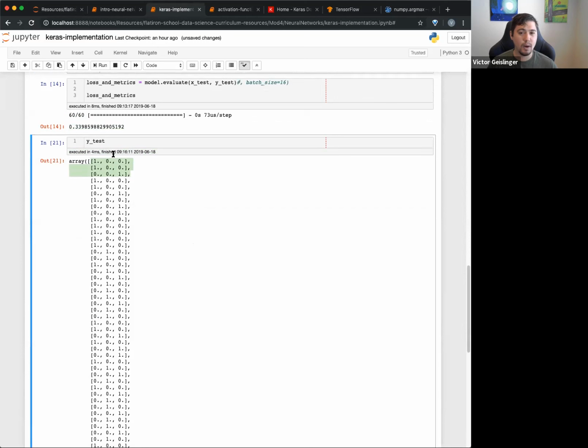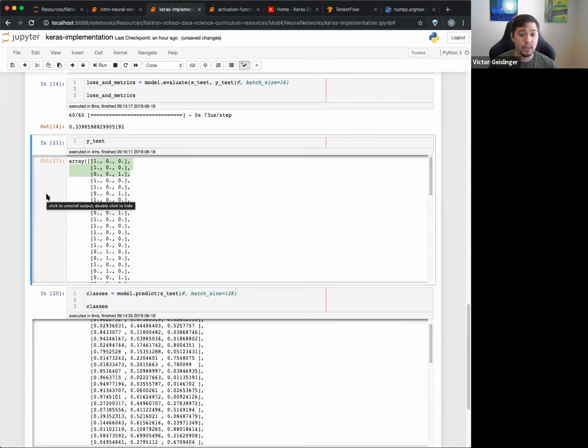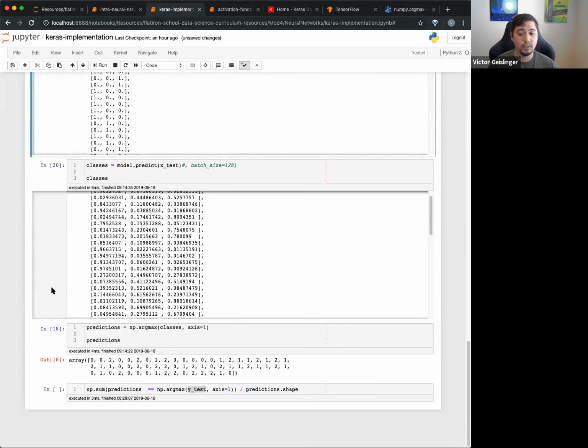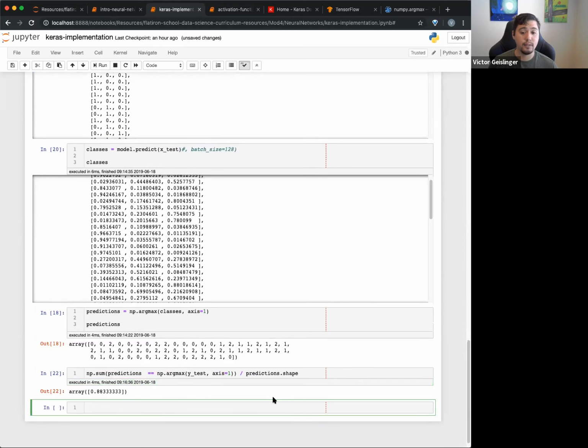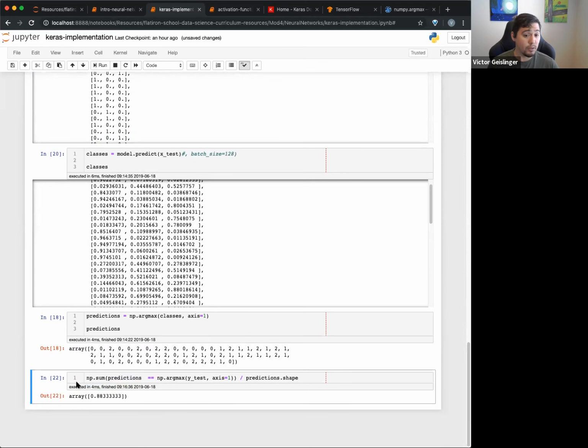But I don't want it to be like this. I actually want to say, is it a 0, 1, or 2? So this is going to be a list of 0, 1, or 2 of predictions for each data point, and we're going to see how well it worked. I divided by predictions.shape, so I can get the fraction and say 88%. So 88% were correctly identified as the right label. It's like, cool, awesome, right? Well, 88%, we could probably get a little better.